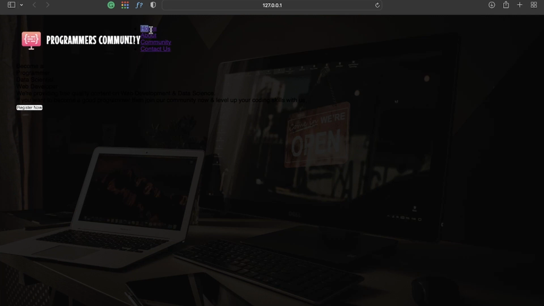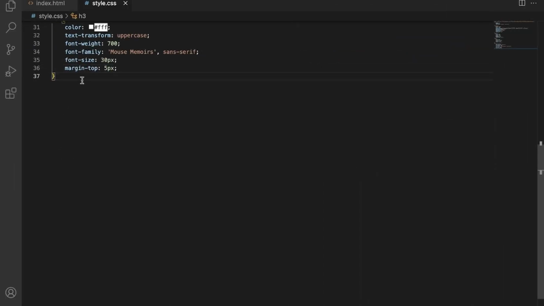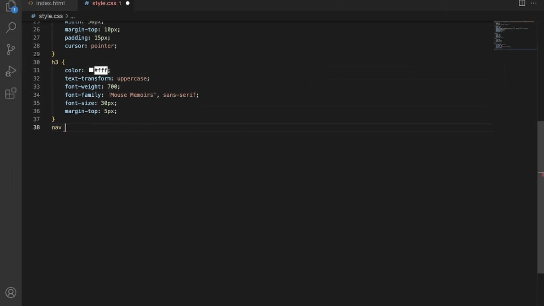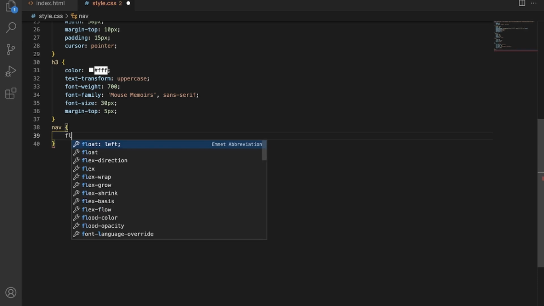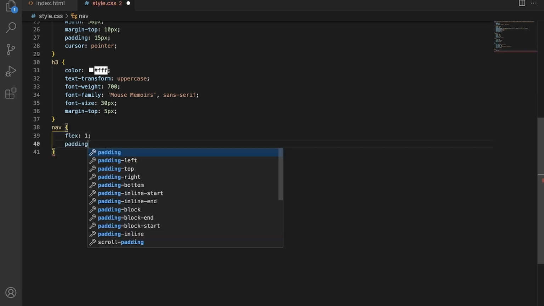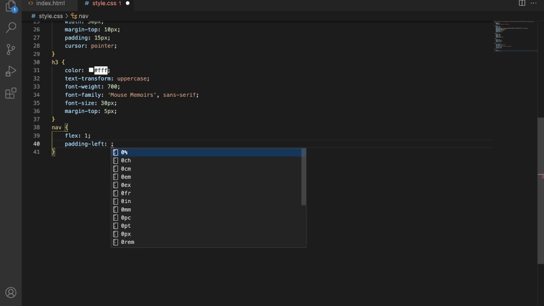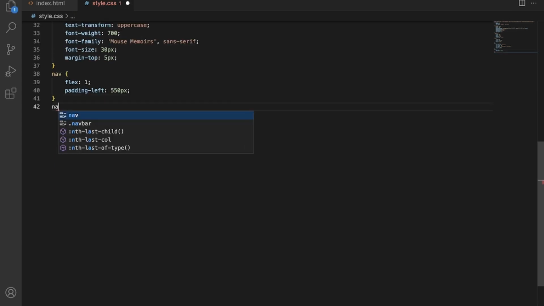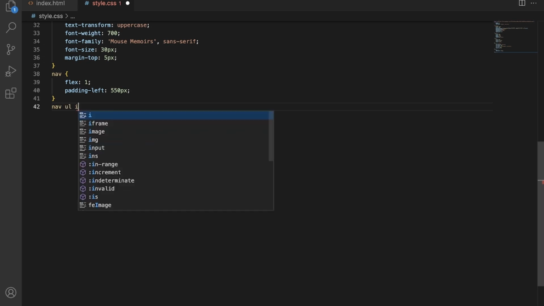So now let's write some CSS for our navigation bar. So here I will write navigation, and I will write flex 1, padding left 550 pixel, and here I will write navigation ul li.